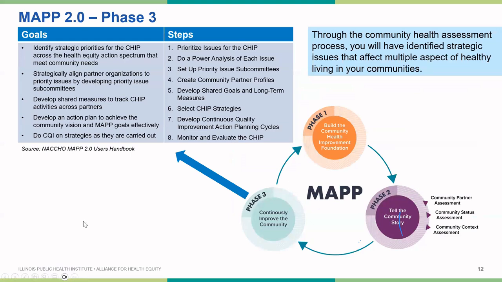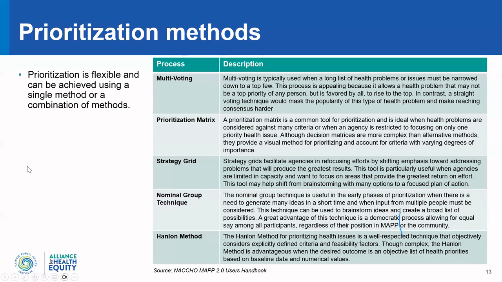All right, so I'm going to go into phase 3. I put this here so y'all can review. Everything that we just talked about is in phase 2 of the MAP process, and phase 3 is where they get into the implementation planning. We won't go as in depth into this section because we want to have time for discussion, and you all can take a look at it. It breaks down into, now that you have your issues, the goal is, as you all know, to identify strategies to improve the health of communities that you serve.